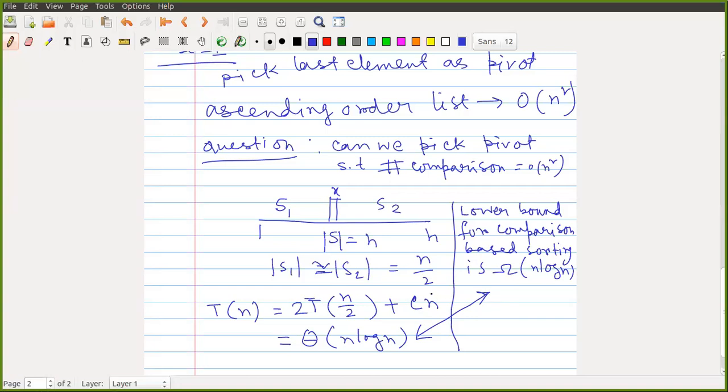So this can be done by the tree method, by dividing into trees and all. Did you cover this? I think this has been covered in the discrete math course. A standard way to do this is guessing an answer and working it out by induction, or breaking the whole thing into a tree. Or also equivalently, if you just want to verify, you can use something called Master's theorem.